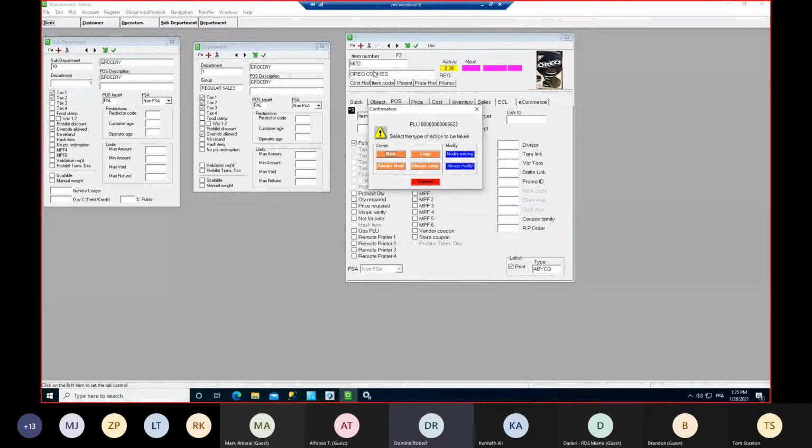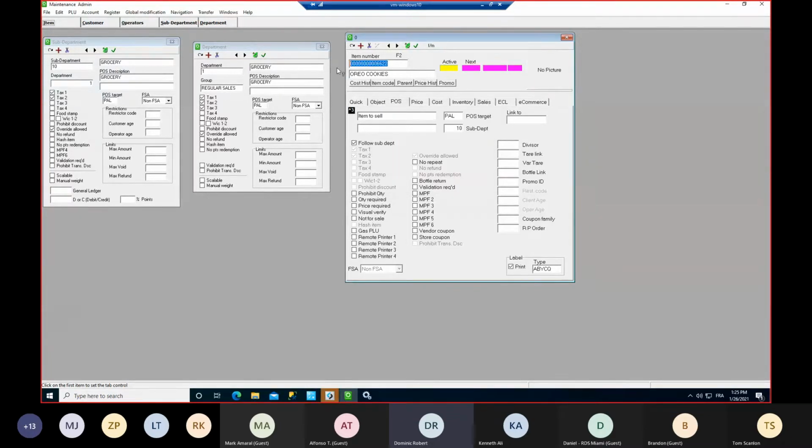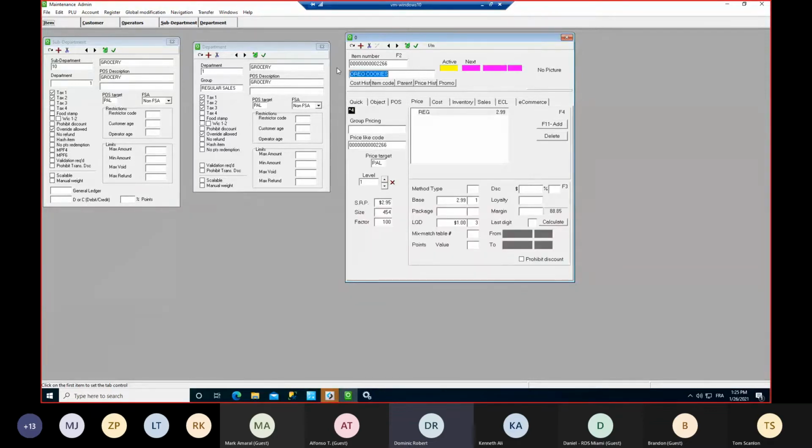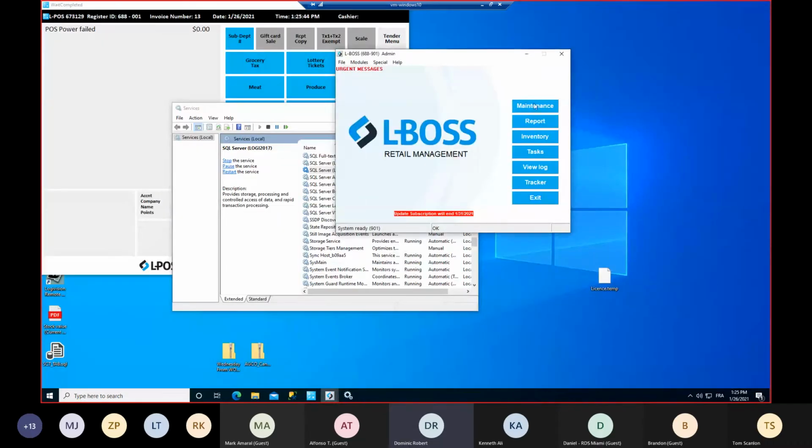When you type in an item number and you press enter, if the item doesn't exist, you will be prompted if you want to create a new item, copy it from the one you're coming from, or modify existing. The way it works is that when you choose always, then enter a PLU that doesn't exist and press enter, it will not ask you the question. It will always do this action until you close maintenance. So if I do always copy, it will create 6622. If I type in 2266 and press enter, it will copy it again without asking me the prompt since it didn't exist. But if I close maintenance, reopen it,